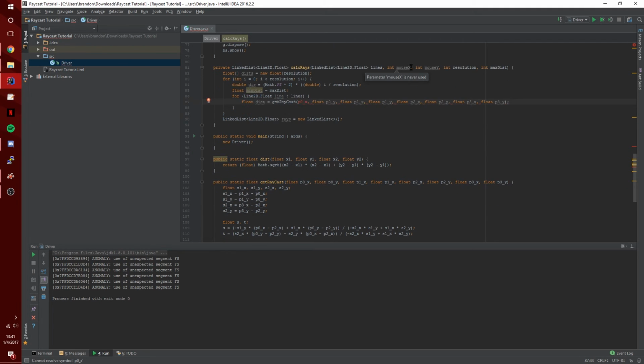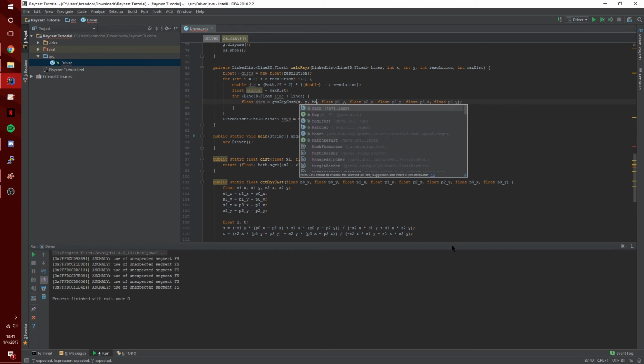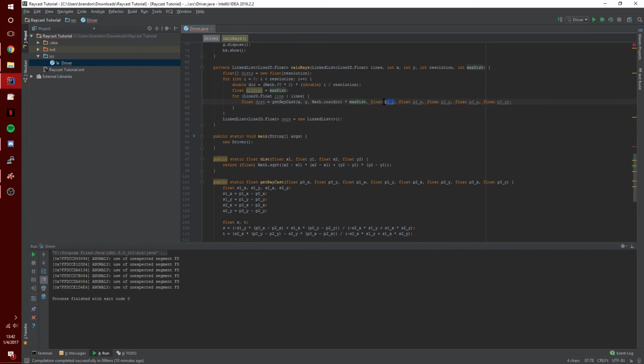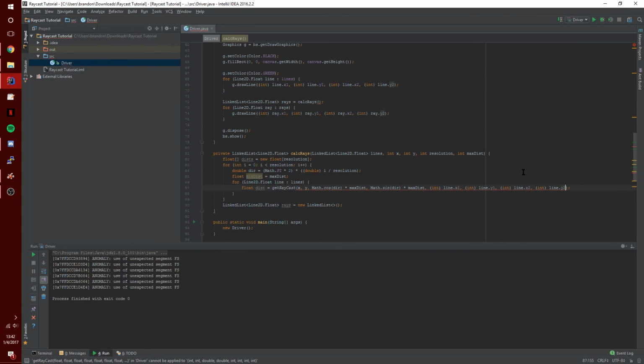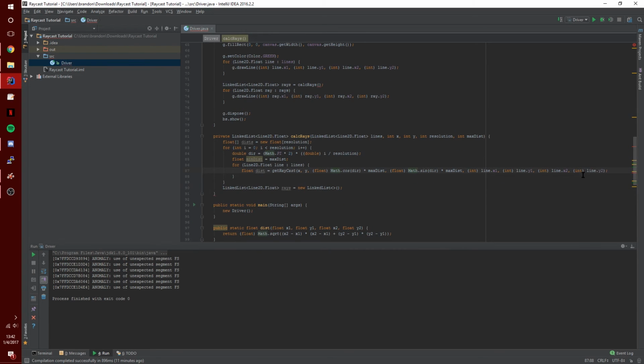that. Well, actually, you know what? We'll just have an x and a y. X and y, and then this is Math.cos of direction times max distance. And this y, we use Math.sin of direction times max distance. And of course, this we just copy from here. Float and flip. And there we go. Now we just say,